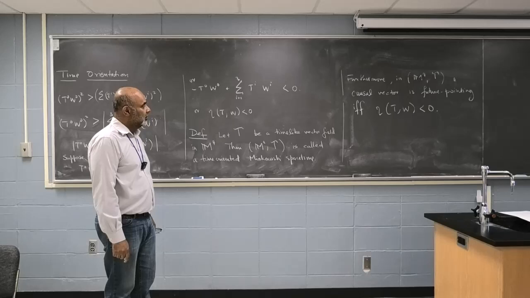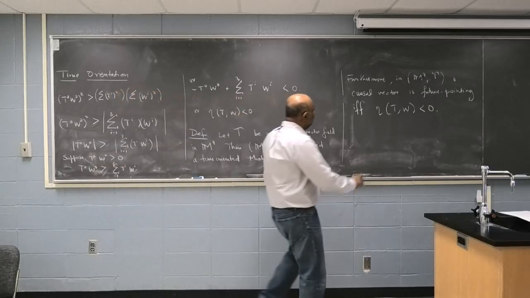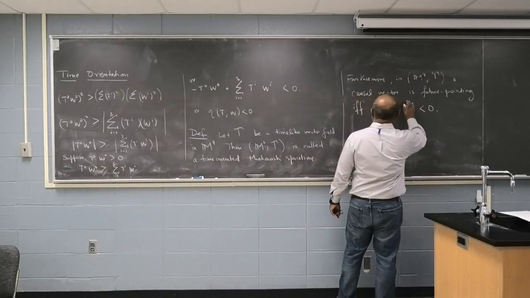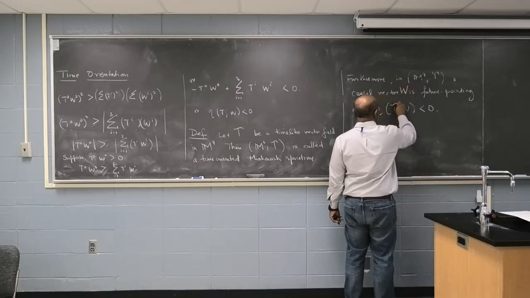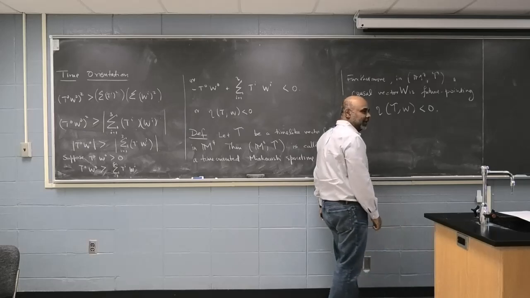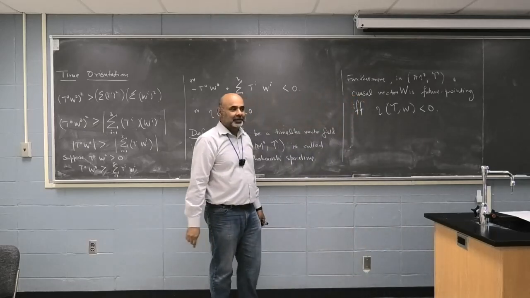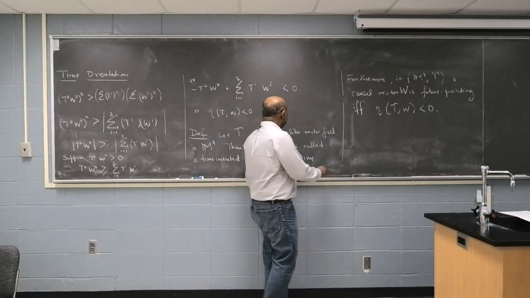That's just T, right? It's not tau. Oh, sorry, that is tau. A causal vector W is future pointing. This is not tau, this is like a script T. In LaTeX it would be